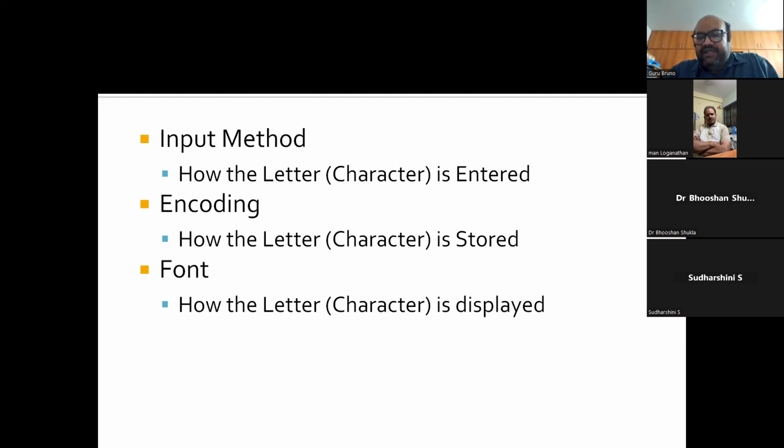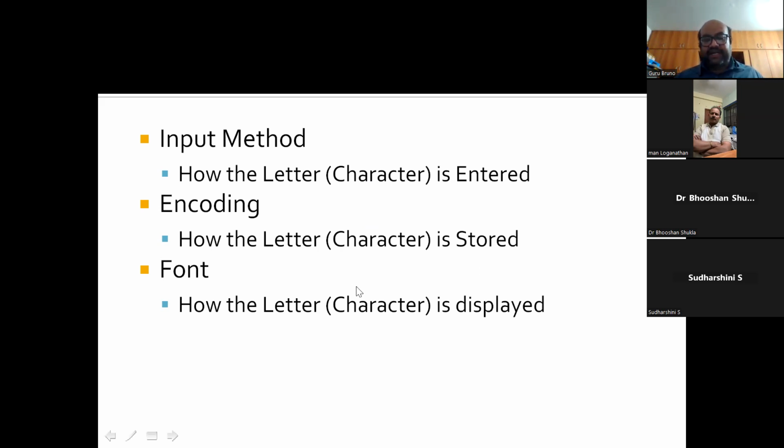And font means how the letter is displayed. Actually, these three are separate entities. You can use any input method to save the text in any encoding, and you can display it in any font. But many times the DTP operators don't know the difference, so they will just confuse you